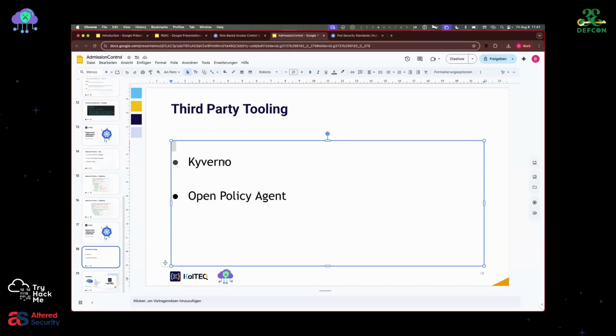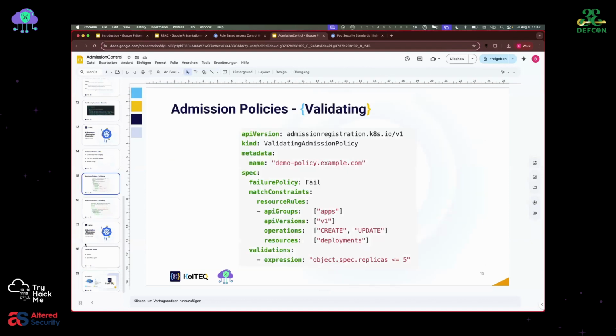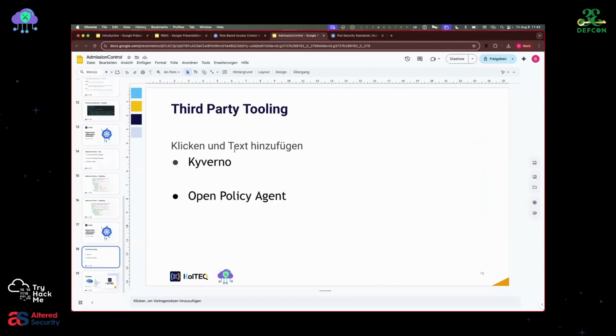But they are third-party tools and not part of the Kubernetes standards. And also performance-wise, they are a lot slower, like a factor of 10, than the validating admission policies. So if you need speed, or if you need the performance, then you should potentially go to the validating admission policies,